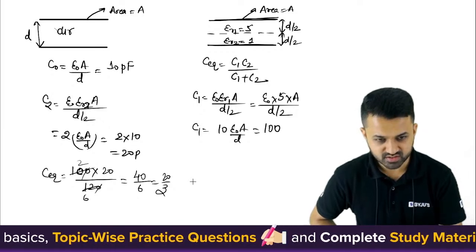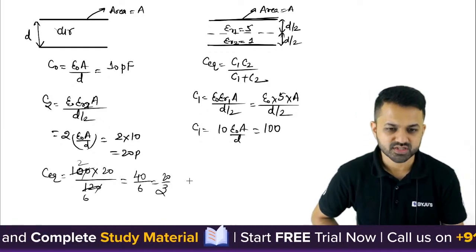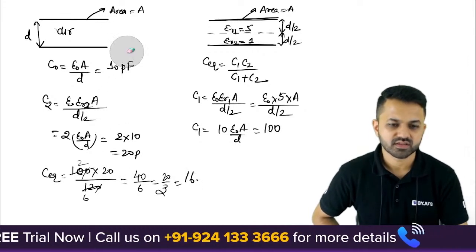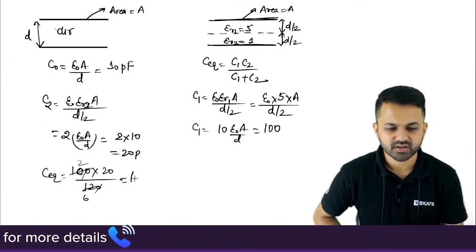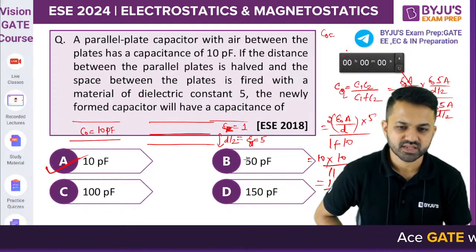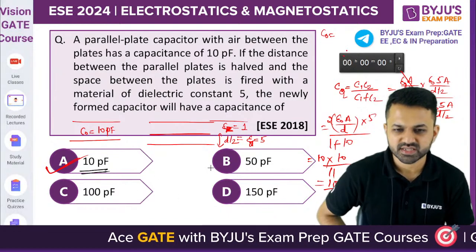ठीक है, तो ये आ जाएगा 100 इंटू 20 डिवाइड बाई 120, 16 पॉइंट समथिंग आ जाएगा, 16 पॉइंट समथिंग आएगा। कैलकुलेशन मिस्टेक है क्या, कैलकुलेशन नहीं काम कर रहा। 16.67, 16.67 आंसर है हमारे पास, ये 10 ही है। न्यूली फॉर्म कैपेसिटर, इसमें तो आंसर मैच नहीं कर रहा है,